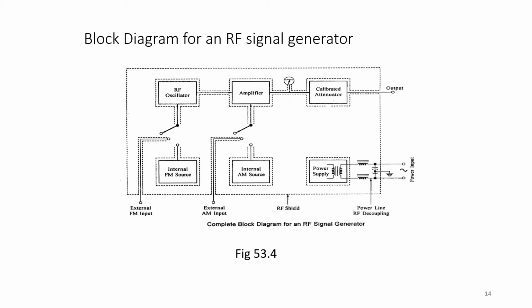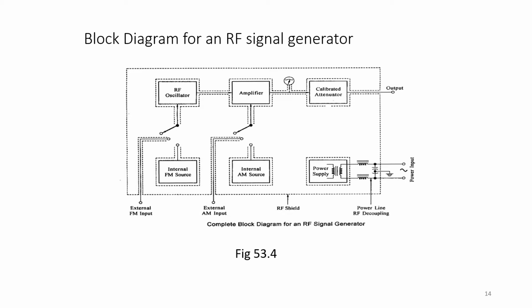So here you see internal FM source and external FM source. This RF signal generator also generates the frequency modulated signals. You can also get amplitude modulated signals. So an internal FM source will be present. If you select the internal FM source, that particular frequency modulated signal will be generated. If you select external FM input, then the signal which you are applying externally, that frequency modulated signal will